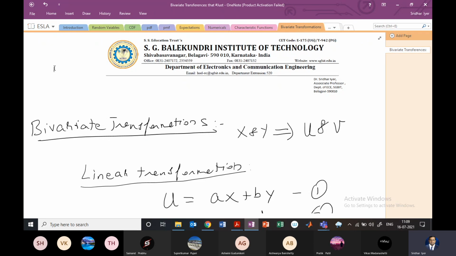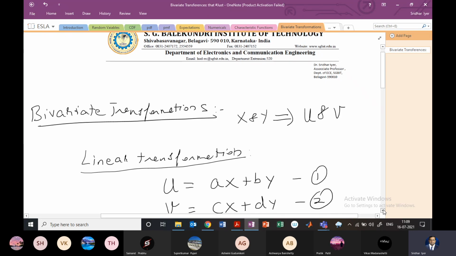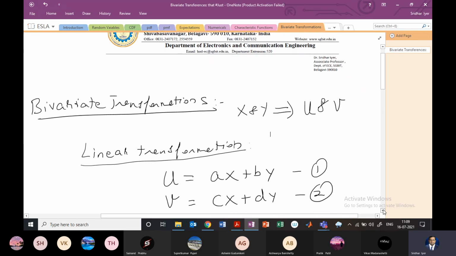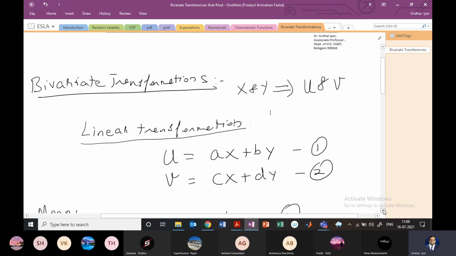Right? And in the last part of the previous lecture, we looked at bivariate transformation, which is what you see on the screen. So in the bivariate transformation case, we want to show or demonstrate other random variables in the form of the given random variables. So the random variables we are given are x and y, and we want to demonstrate the new random variables u and v in terms of x and y, right? And we consider the linear transformation because that is one of the easier transformations. Of course, you can also have a non-linear transformation, but we'll not go into that, right?